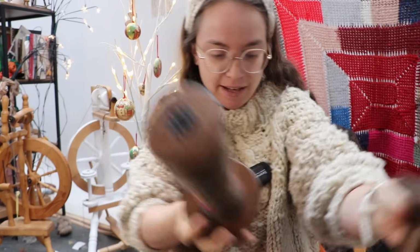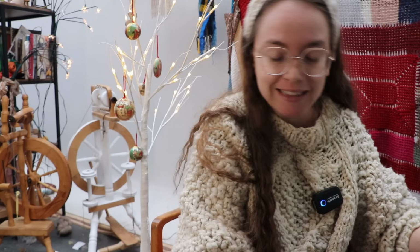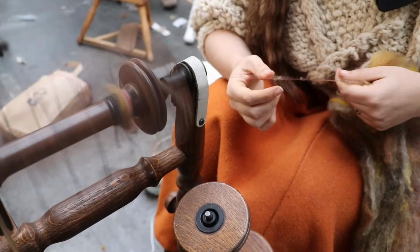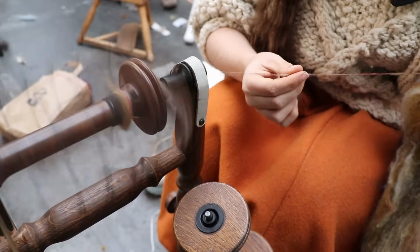And the second batt that I made, I purposefully went a little bit lighter on that merino blue because already in the batt I thought, oh no, this is so much blue. I'm actually not that much of a blue person, so more of the yellows, like the actual stuff that I dyed myself. And of course I am spinning this in a long draw way